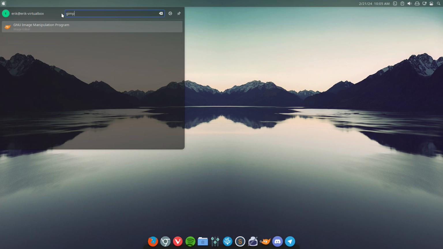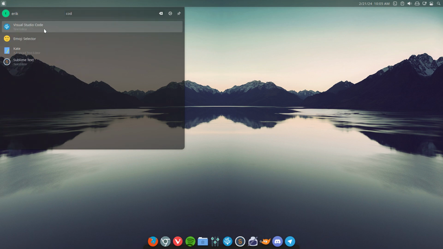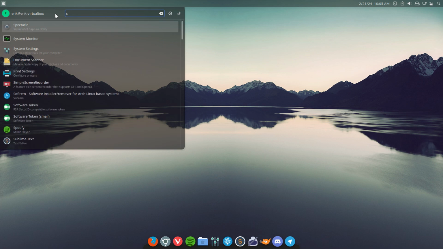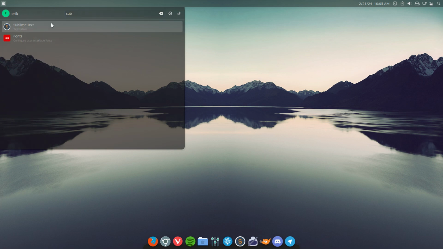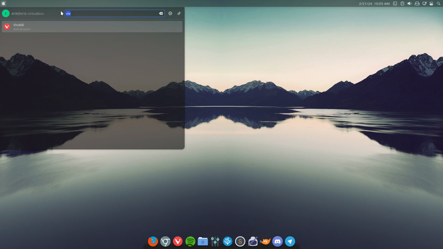GIMP, right mouse click, favorite. Code, right mouse click, favorite. Sublime text, Sublime is enough. Add to favorites. Firefox is there, Vivaldi is not there. Favorites, Chromium,